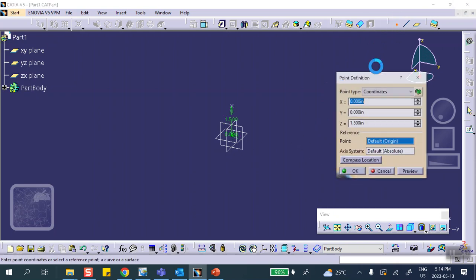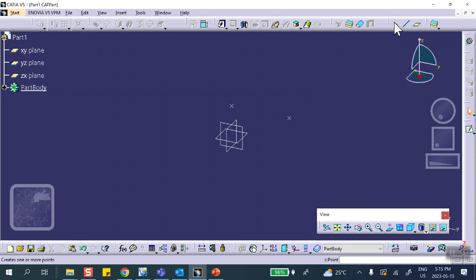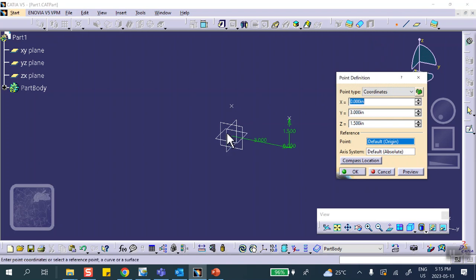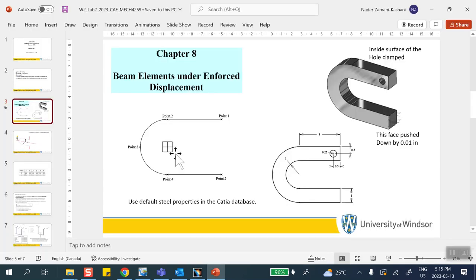Another point, which is from here, but it's going to be 3 in the y direction, okay? Another point is going to be on this side, right? So on this side, for example, I can say y of 1, y of, let's see now, let's look at this. Y of from here to here is